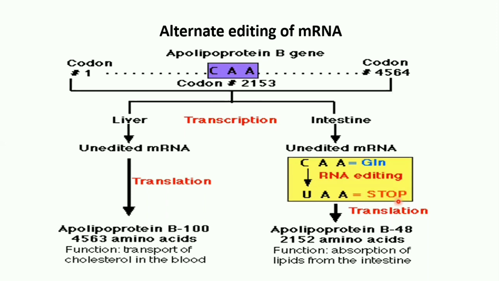It is a stop codon, and that's why in the ApoB gene, instead of B100, here it has stopped translation. Can you see? It has stopped translation, and that's why what will happen? This mRNA on translating will produce apolipoprotein B48. This is because of alternative editing of mRNA. So can you see here also 2 different proteins are produced because of regulation of gene expression.